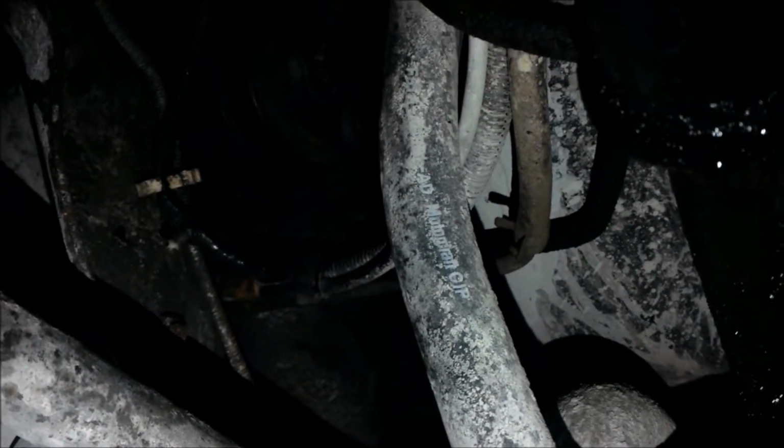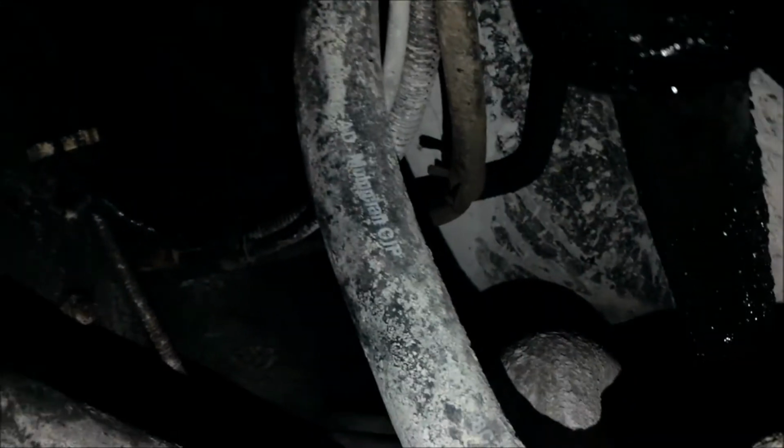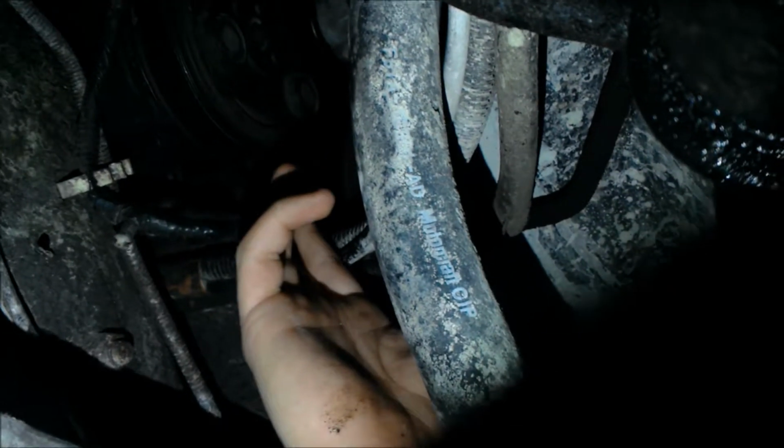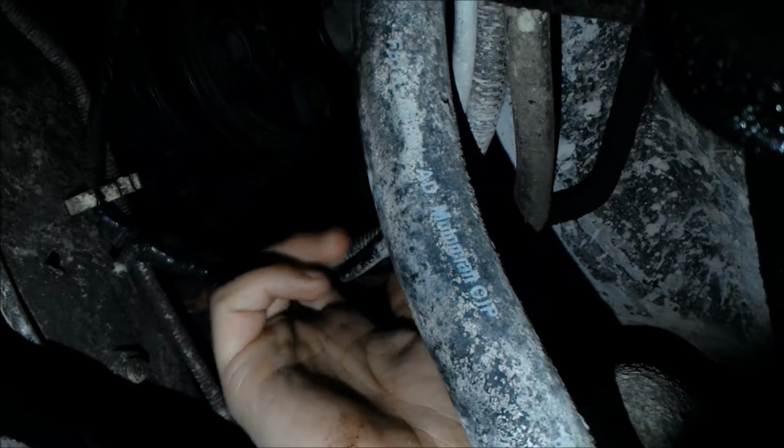Alright, now we're going to go over our crank positioning sensor. We just went over the camshaft positioning sensor earlier. It will be behind our idler pulley, and this wire right here leads right back to it. Unfortunately, we can't show you all the way back there, but this wire leads about 6 inches into it, and